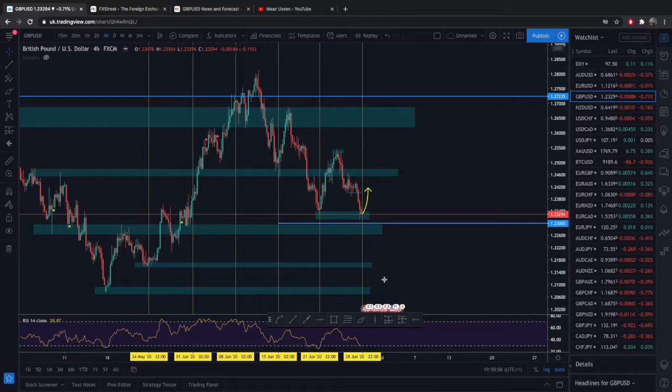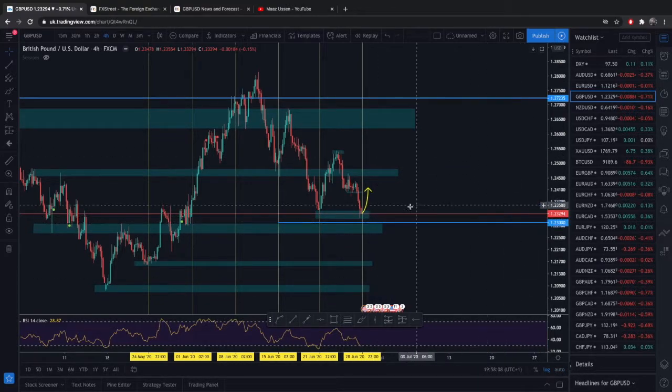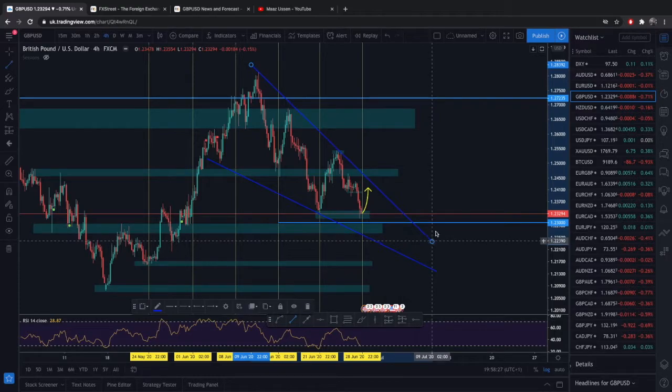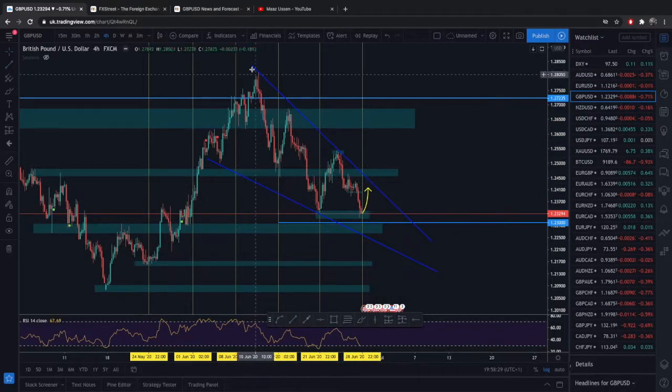So I still think that the pound is going to continue to rise, or it's going to have some sort of rise at some stage. We're currently trading within this channel on the 4-hour time frame, which a lot of the pairs stacked against the dollar are now trading in, in some sort of bearish channel. So we're squished within this steep decline channel, if that's what you want to call it.